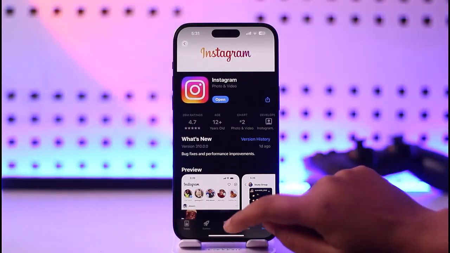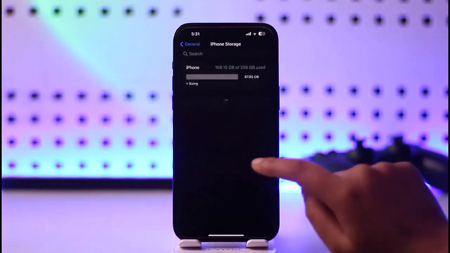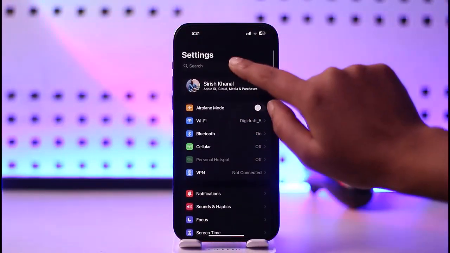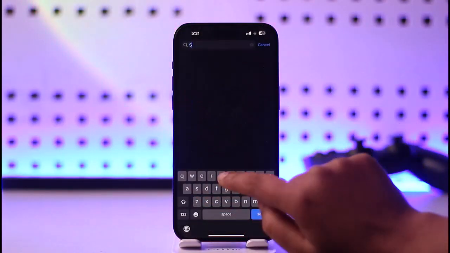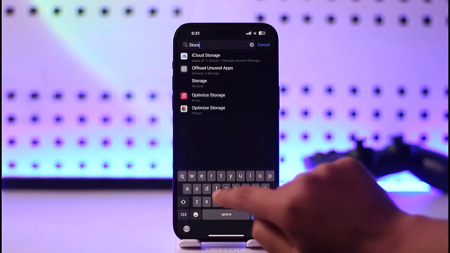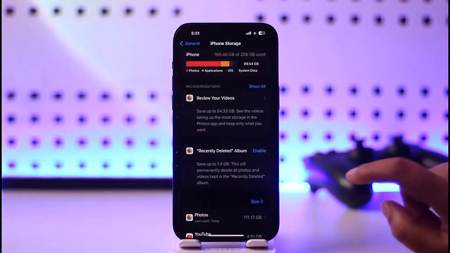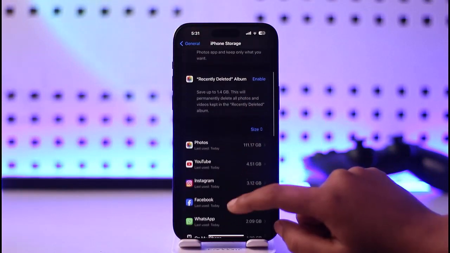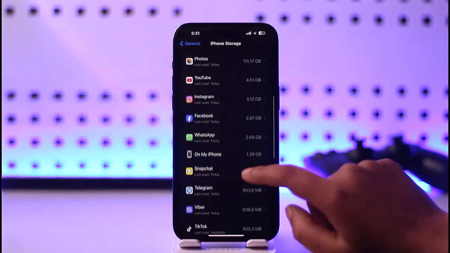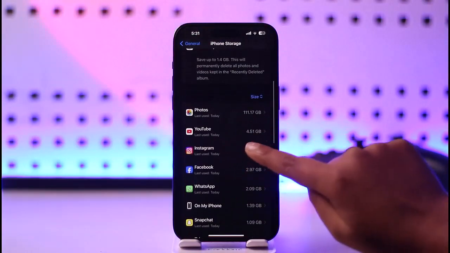If that still doesn't work, then you have to access the settings of your iPhone and go to the search bar again and simply type in the keyword storage, for a shortcut. Now you will access your iPhone storage. Now scroll down and tap on the Instagram app, on top you can see, and here you will find